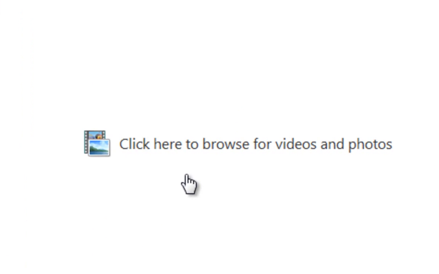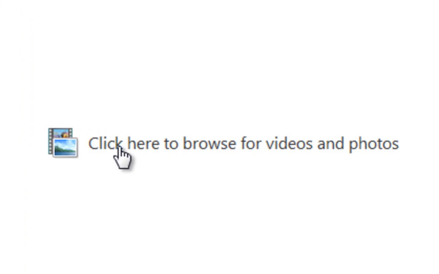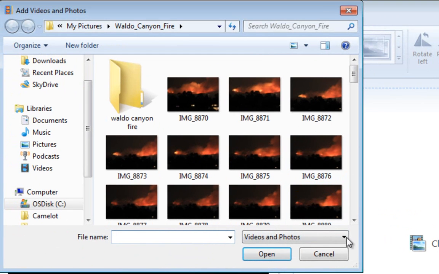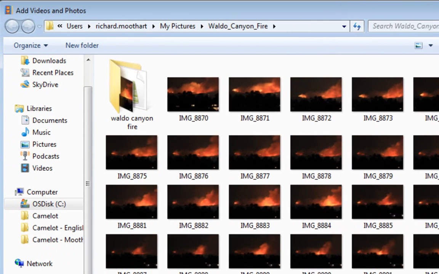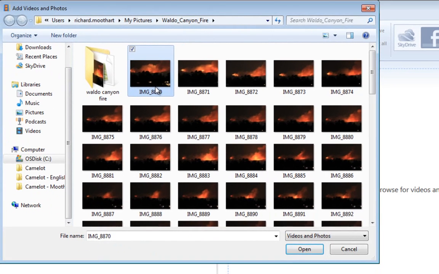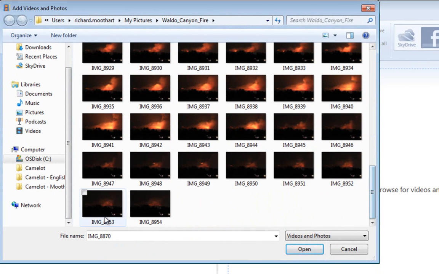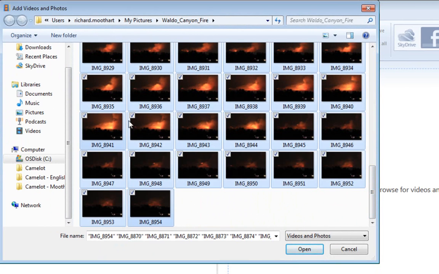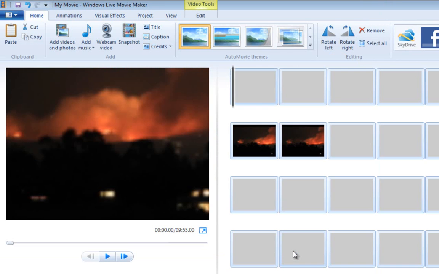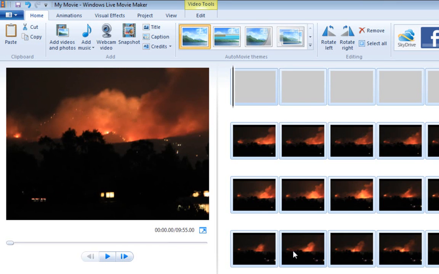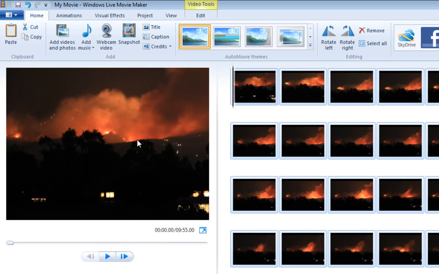When you open the program, it's going to ask you to browse for your files, so click it. And since I've already had this folder open, it shows my Waldo Canyon fire pictures. Select the first one, hold down the Shift key, and go all the way to the bottom, and it'll select all of the pictures. I click Open, and it puts all my pictures in automatically. If I click Play,